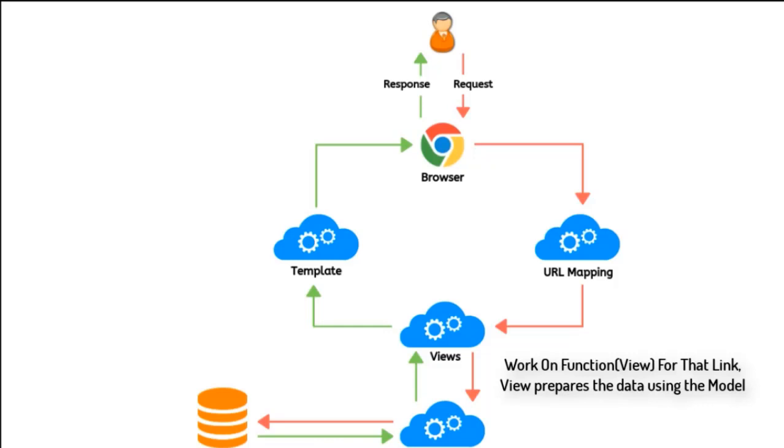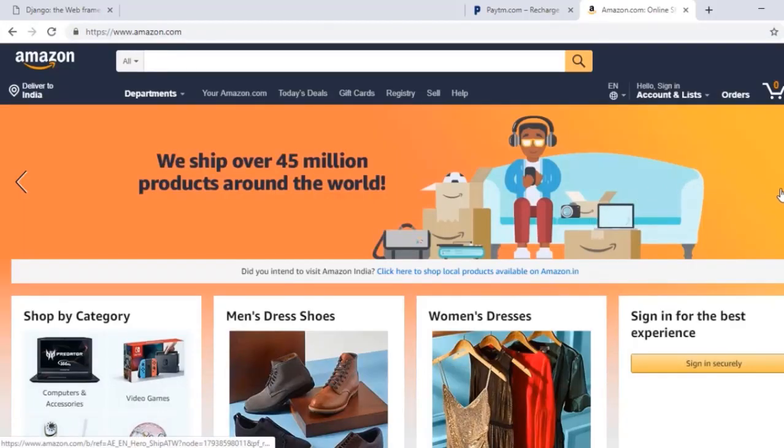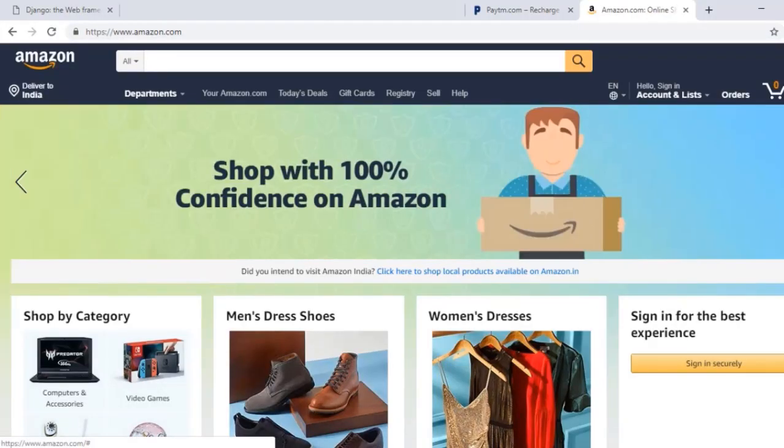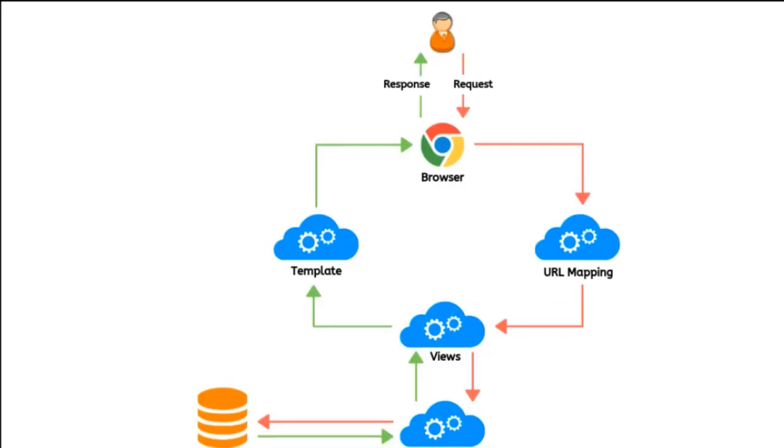Now view is connected to our model, that is our database. So it might need to throw some sliders, but from the database it will fetch what type of slider it needs to throw. So that is controlled by our view and model. Model means our database, all the things that we are going to fetch from the database. And view decides what functionality that page covers. So once we are on view, we connect with model, check what type of data we need to show. We then go back to view, return that data to view, and then view connects with our template and shows that data on our browser.